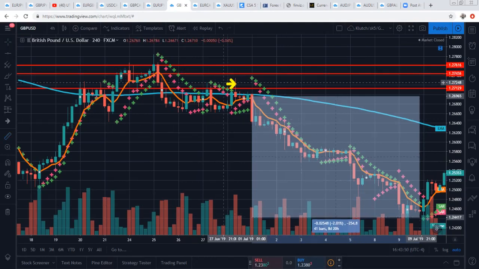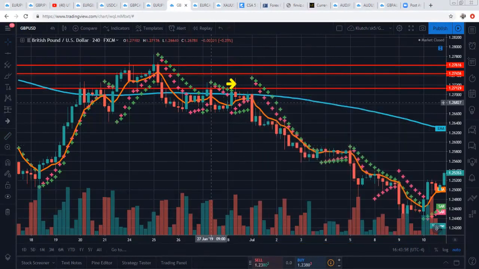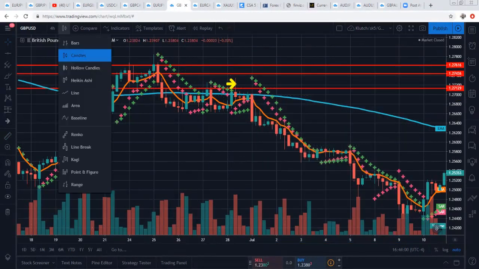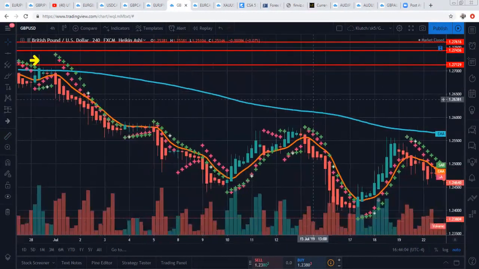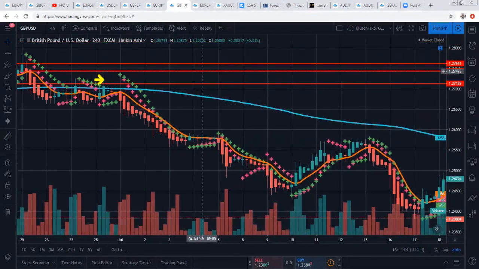Once it left this zone, you could have put on a trailing stop and let it run. Once you're in the trade, you can switch the candlesticks to the Heikin Ashis. Here's the trade right here, right? Once it left that zone, here's the trade. And if you're going to put on a manual stop,